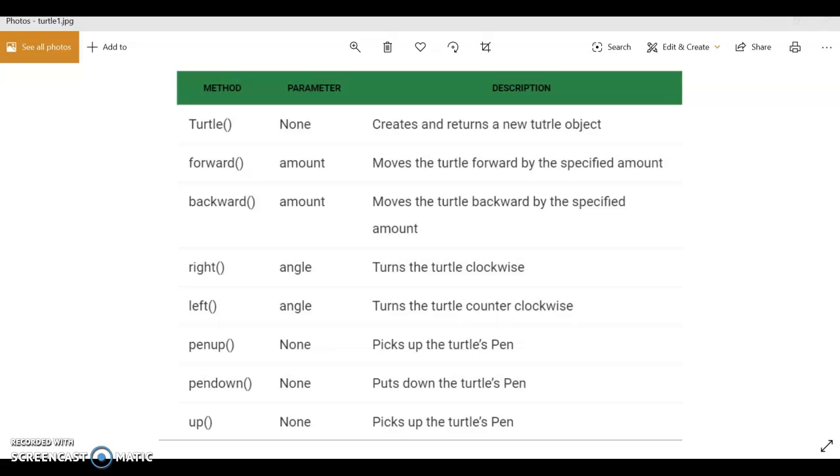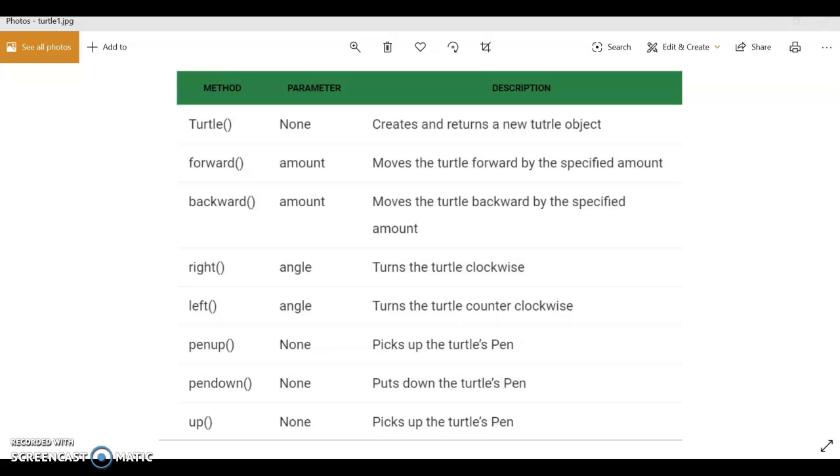Turtle is an inbuilt module in Python. Do you know what a module is? Let me give you an example. As a module, if I give you a pen and a copy and tell you to draw, you can draw anything you wish. You can draw Burj Khalifa or you can draw Mia Khalifa. It's up to you. Do you understand? So get to the point.